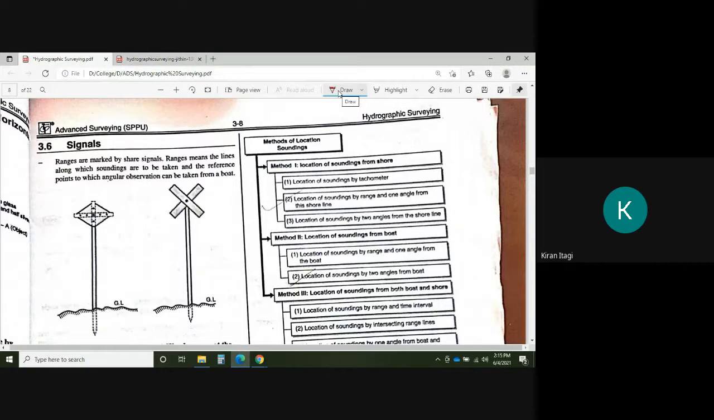locating or location of sounding means, see, I will give one example just to understand the concept. So see this, think that this is a tree. In olden days,